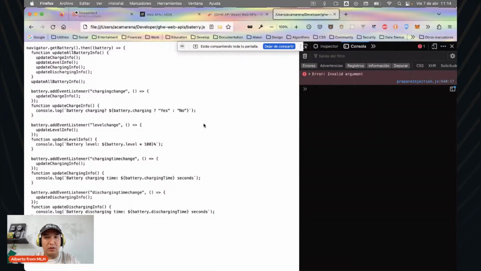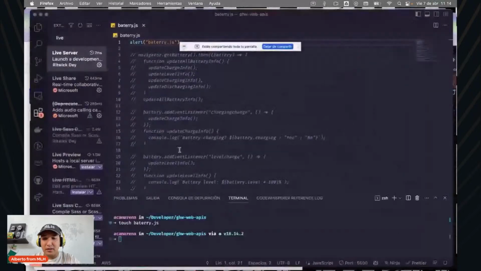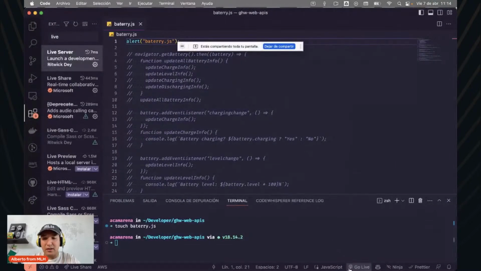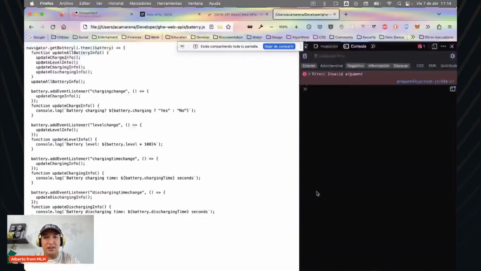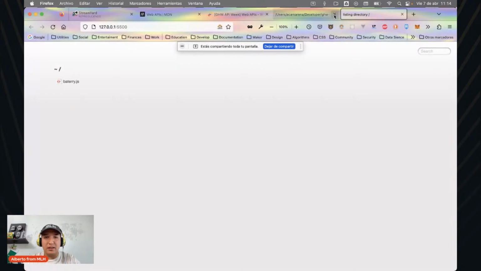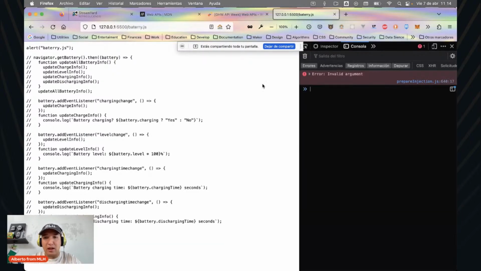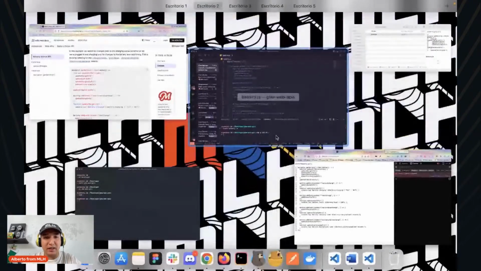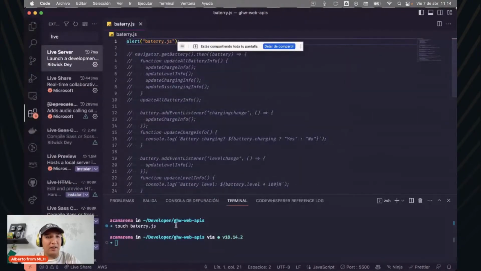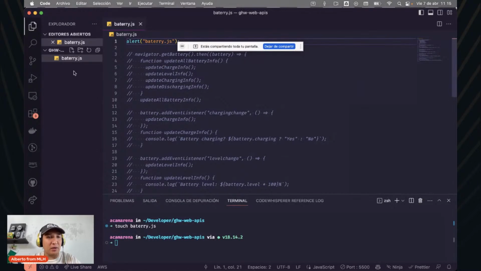Come on, reload. Oh, it's not reloading because I changed something. No, it's not a matter of the code. It's me, I'm doing something wrong. Let me quickly check. Oh, yeah, I need a